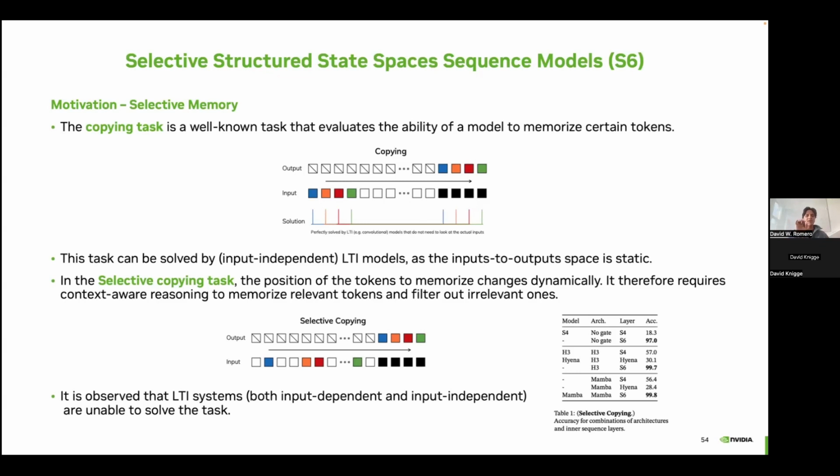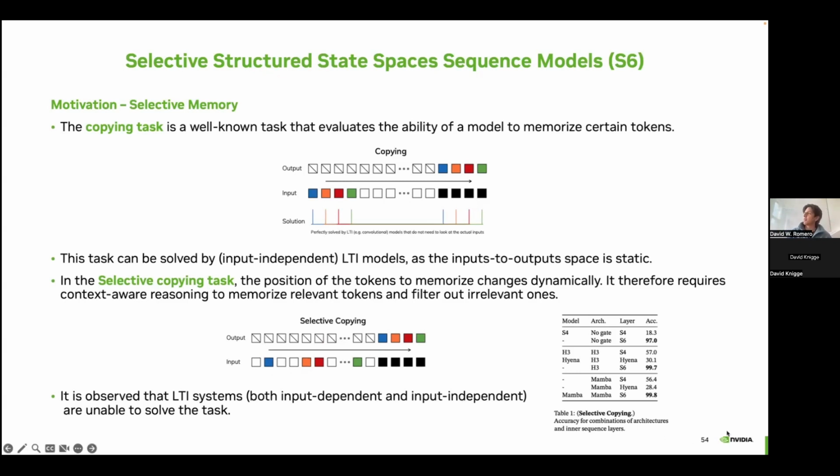So you can imagine that if you have a convolutional kernel that has only one peak at the very beginning, and the rest is 0, the output is going to be that peak. And so you're going to be able to solve this task very easily. The problem is, what if the tokens that you want to copy are now just randomly placed in the input sequence? If you only have this convolutional model, then these kernels, like the positions, cannot be stored in the weights anymore. And so you need to be able to